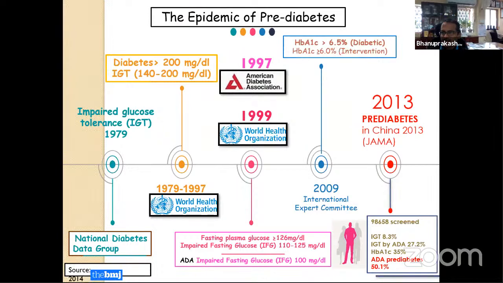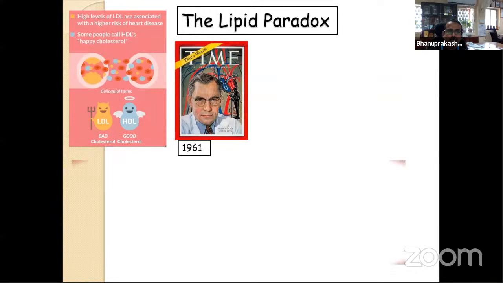The reason, I'll tell you: when I started my research at NIN in 2000, the glycosylated hemoglobin cutoff was 8%. After some years, they made it 7. Now they are saying 6.5. In 20 years, what has changed? They only want to sell the drugs. We should be cautious whether we really need the 6.5 cutoff or not. Maybe kids are too young, but as science teachers, I think we should be aware of these things, of how to take care of our health. So I'll just stop it here.